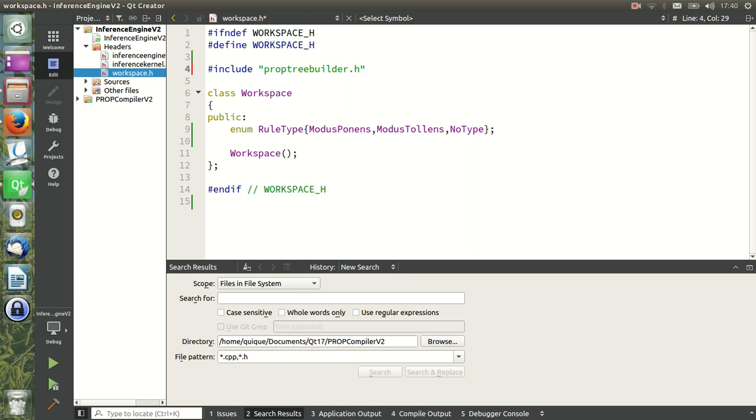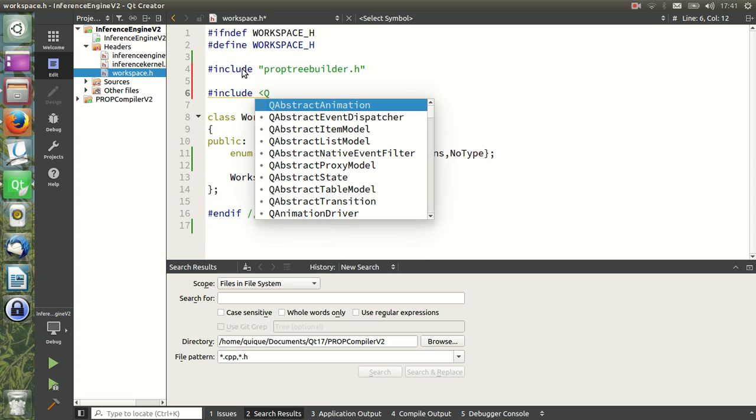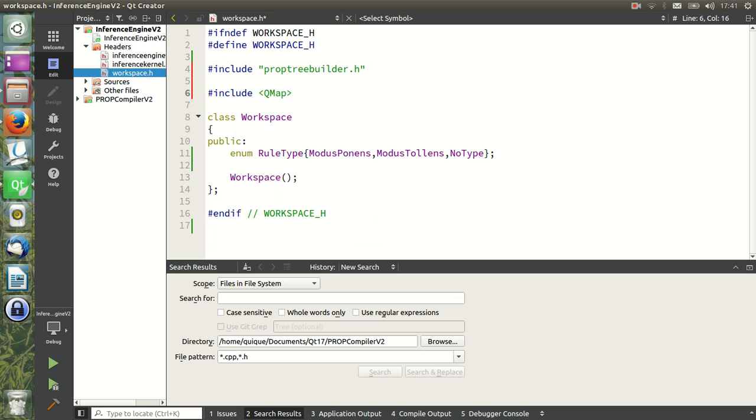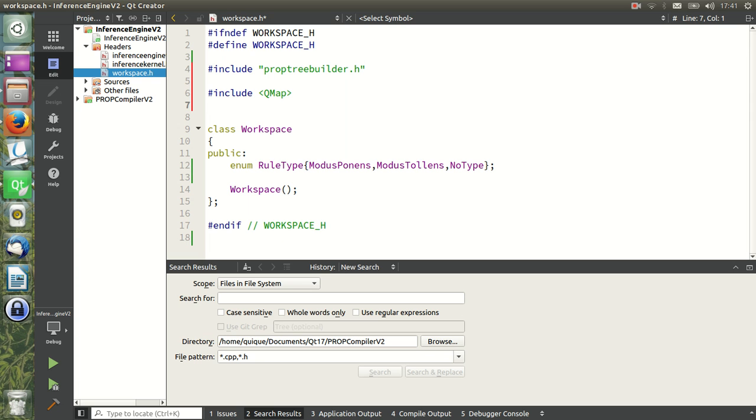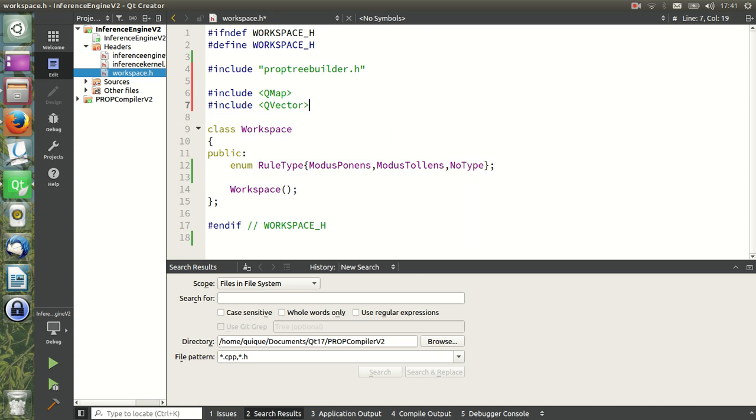So first, let's include the prop tributor and the type of containers that we will use. We're going to use the QMap, QVector, and QMultimap. If you have some doubts about the difference between them, I would suggest going to a course on STL or to the documentation of Qt. It's not difficult. It's really not difficult,